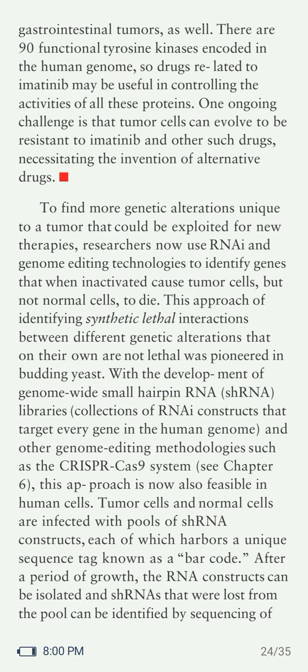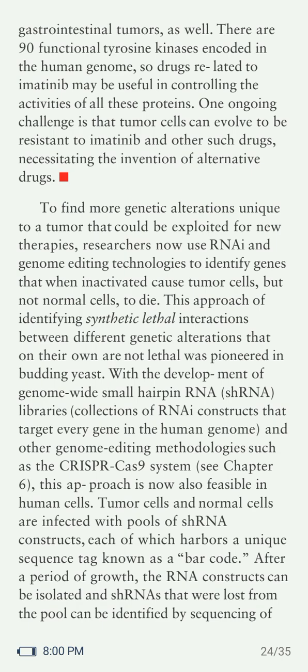Define more genetic alterations unique to a tumor that could be exploited for new therapies. Researchers now use RNAi and genome editing technologies to identify genes that, when inactivated, cause tumor cells but not normal cells to die. This approach is for identifying synthetic lethal interactions between different genetic alterations that on their own are